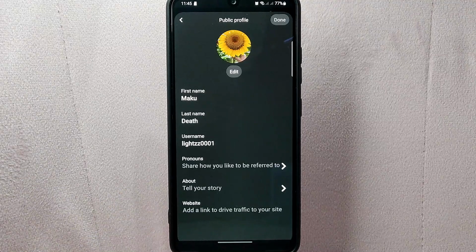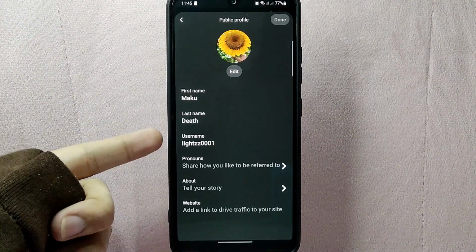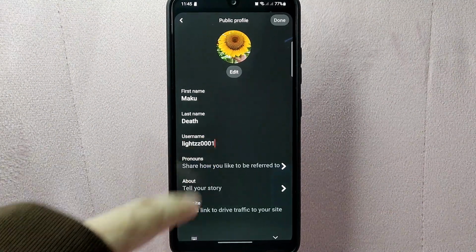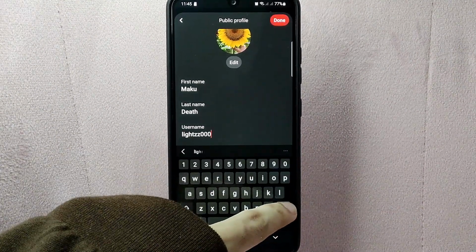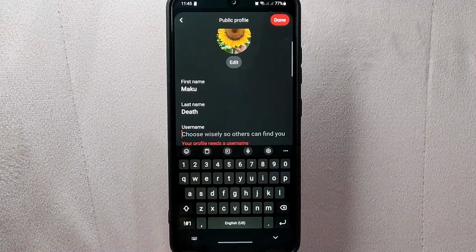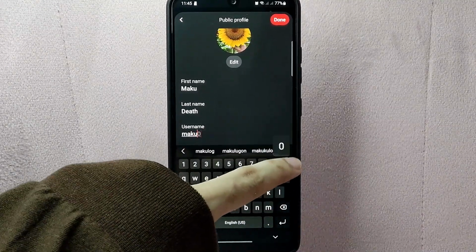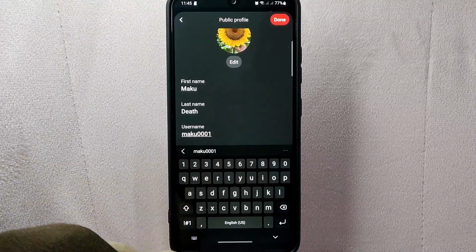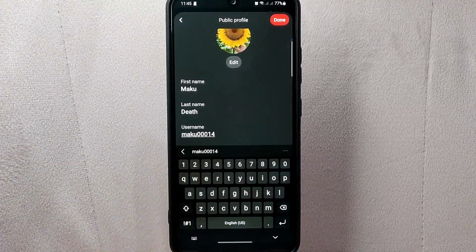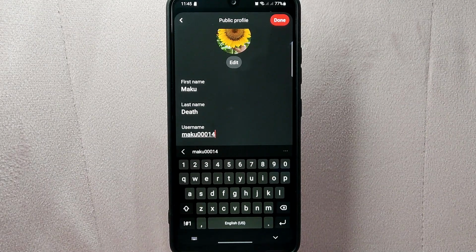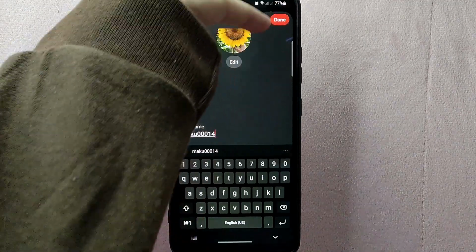Here, you can now see your current username. To change your username, simply tap on this username field and delete your current username. After that, you can now type in your new username. Keep in mind that usernames on Pinterest can only be up to 30 characters long and cannot contain any spaces or special characters. Once you have typed your new username, tap on this Done button in the top right corner